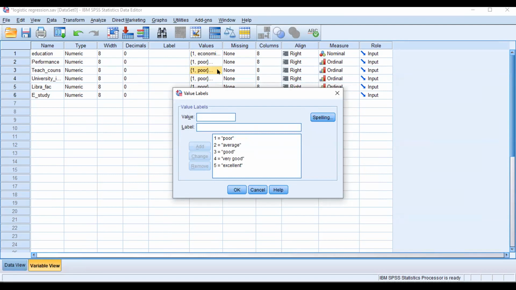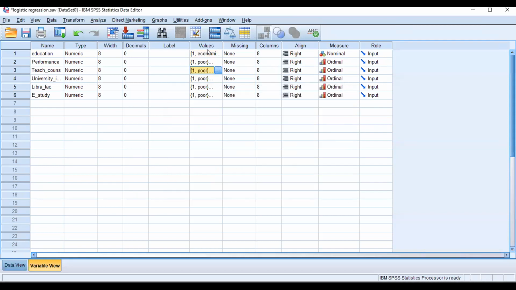Another person will also say poor is less, it is not good, and average is better than the poor category. So this is ordinal scaling, and education is the nominal scaling here. So between these two, analyzing the impact of education on performance, we will run the ANOVA,